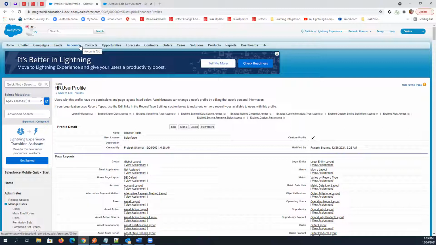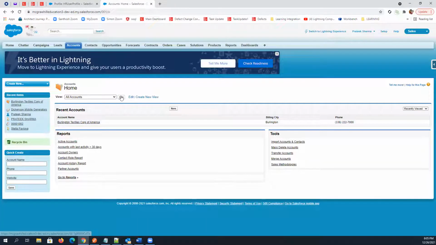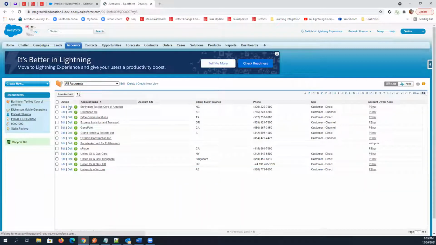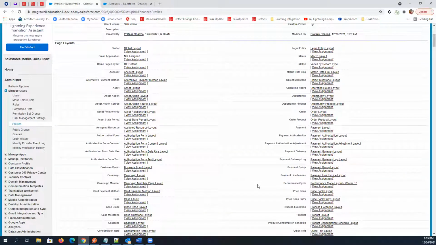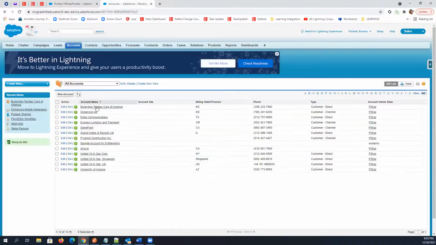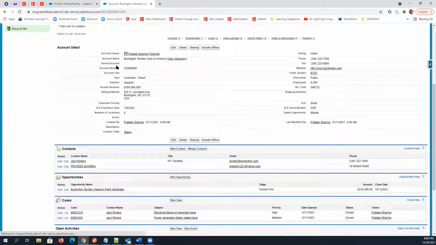On database tables, the same thing you can do here within an object. You can create the data from here, and any existing data you can edit or delete. Read is also available because you can see all these records. So these are database tables, and we have different columns like we have in Excel. All these columns are your fields only. So you can see here we have all these fields in the account table.